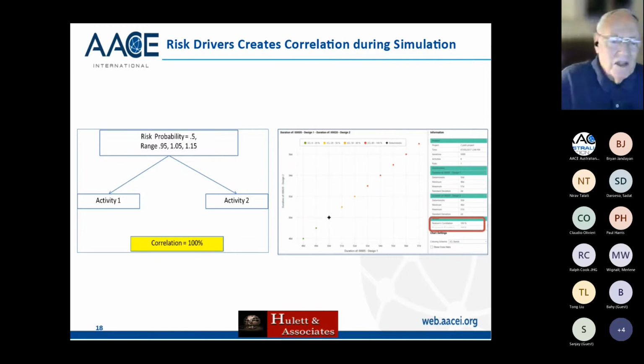And I did that for 10,000 iterations, and I pulled out the 10,000 pairs of durations for activity 1 and activity 2, put them into Excel, and did the correlation calculator on it. And the answer was 0.99996. I figured that's like 100. And you see the picture on the right, if they're perfectly correlated, the scatter diagram with one duration on the vertical and one duration on the horizontal is a straight line. And this one shows that it's 100% likely. So that's what happens, and that 100% is correct, if this is all that's happening. And it is generated during the simulation, so you don't have to worry about that.